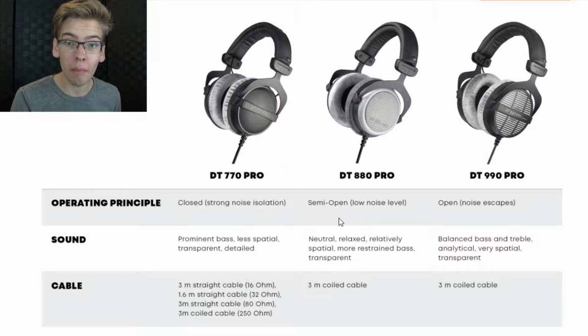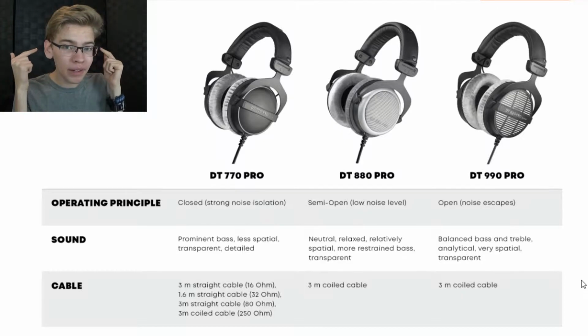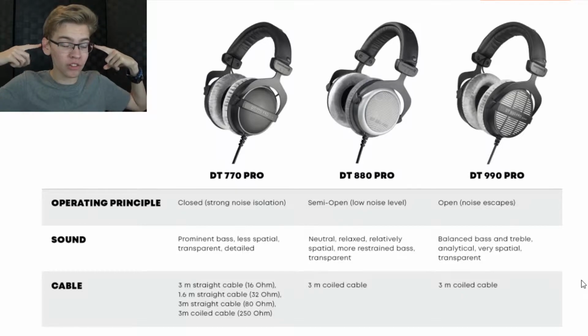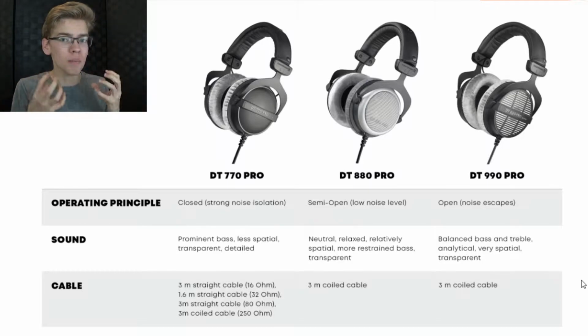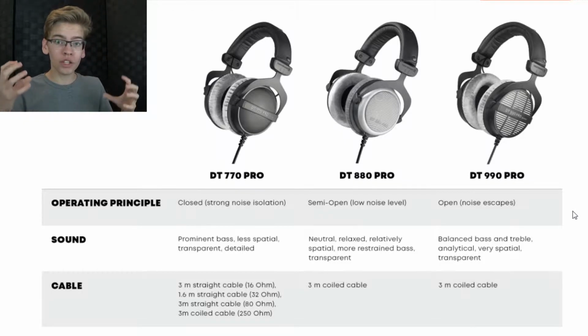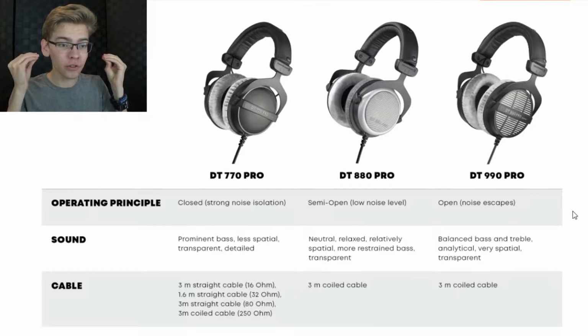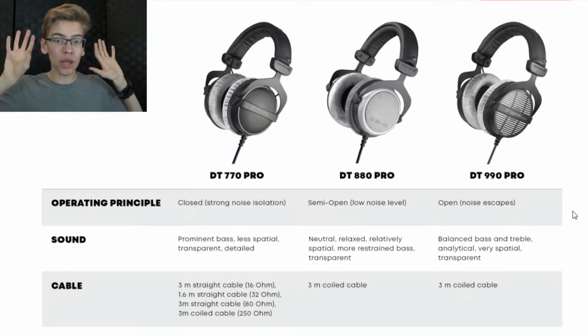There's semi-open, which means there's a tiny bit of holes or something in there, so it lets a tiny bit of outside noise in, but not that much. And then there's open, where you can still hear what's going on in your headphones, but you're also very aware of what's going on